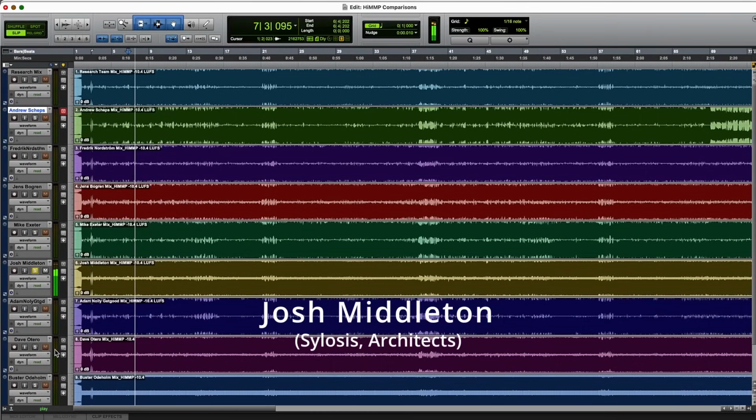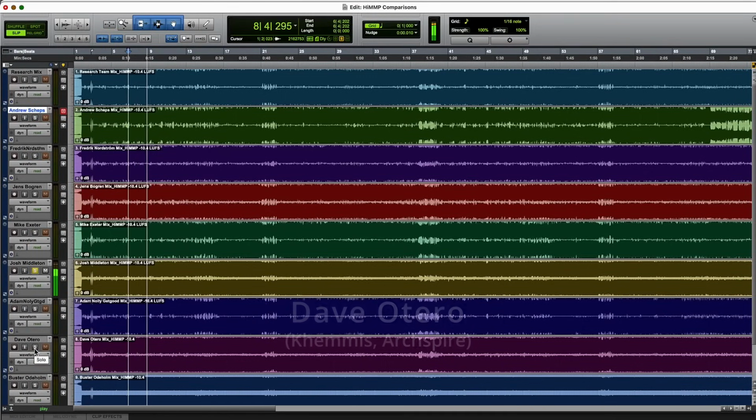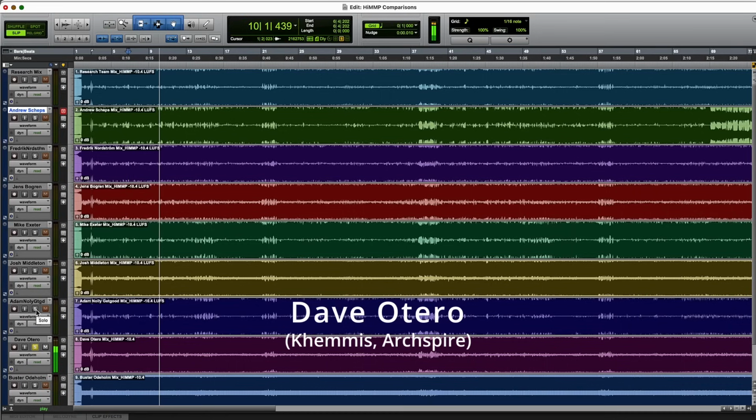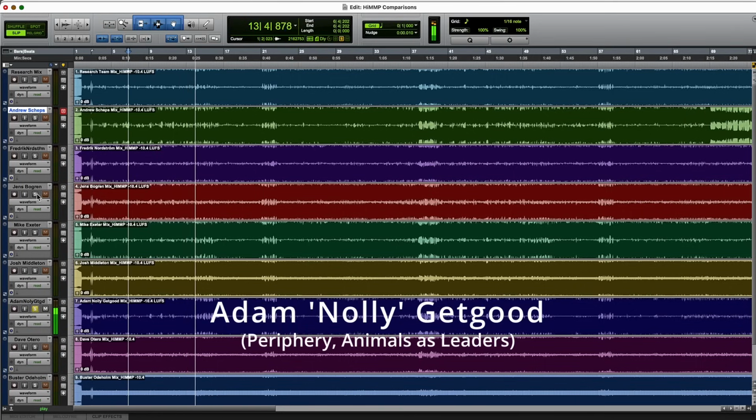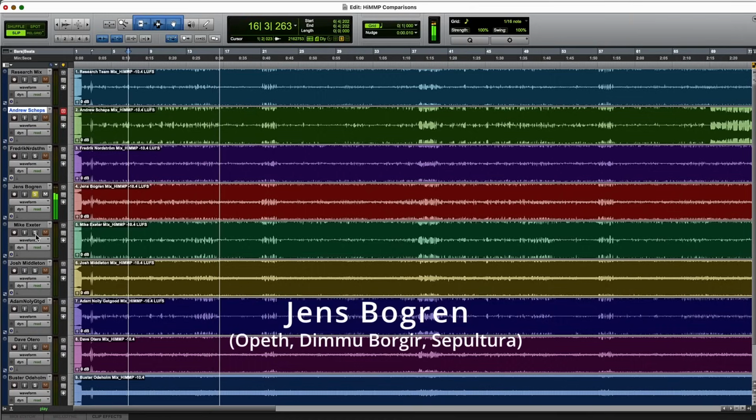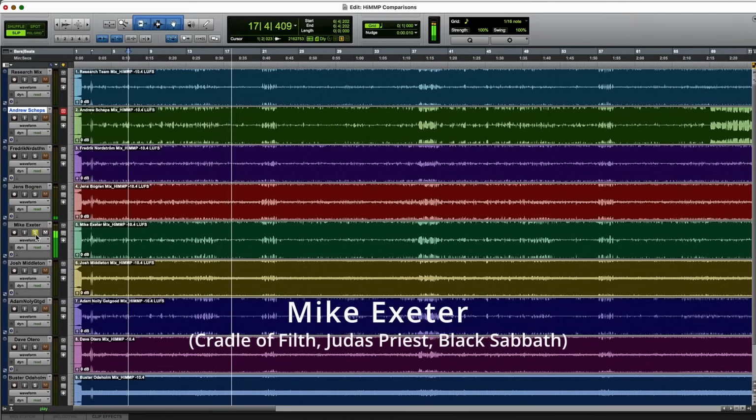You can hear the clear differences in the extent of reverb and the different reverbs that are used there. Obviously there are similar differences if you listen to Josh Middleton, David Tiro, Adam Nolly Get-Good, Jens Bargren, to Mike Exeter. And if you want to highlight these differences in the depth dimension even more, then listen on